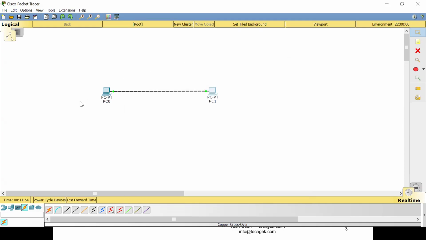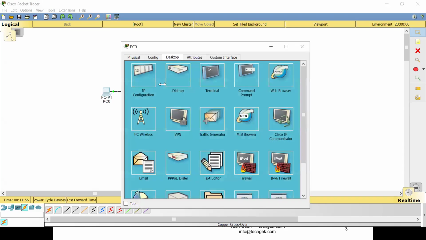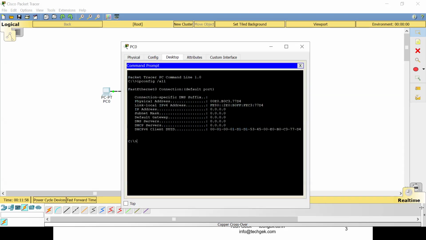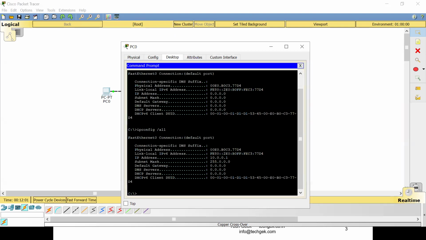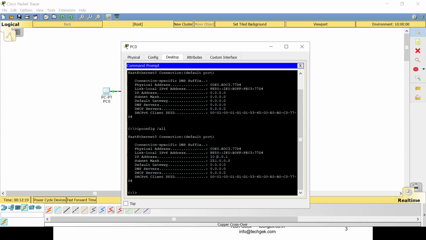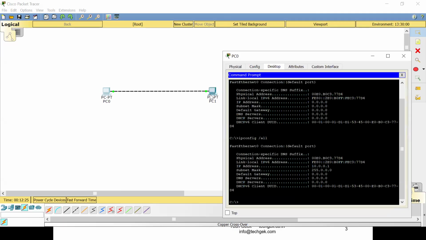Let us consider that these are the two IP addresses we have assigned. Whenever I want to see what the IP addresses are, there is a command. Here we can see that we got the IP address 10.0.0.1 for this computer, and this is the subnet mask. This is the gateway, which we have not designed, but this is how the MAC address, the physical address, and the IP address appear. Now my computer's IP address is 10.0.0.1. If I want to communicate with 10.0.0.2, let's see.